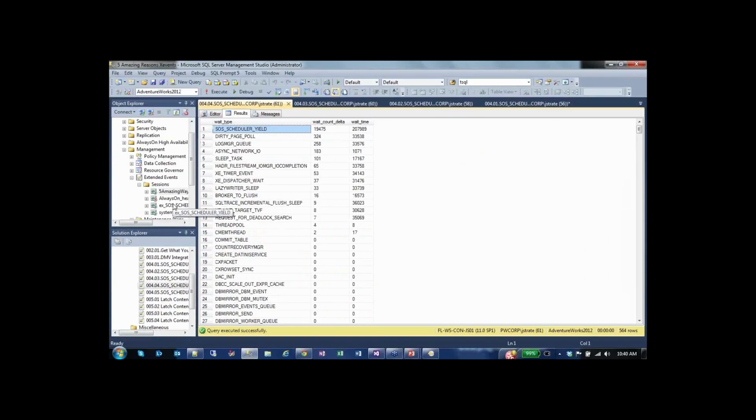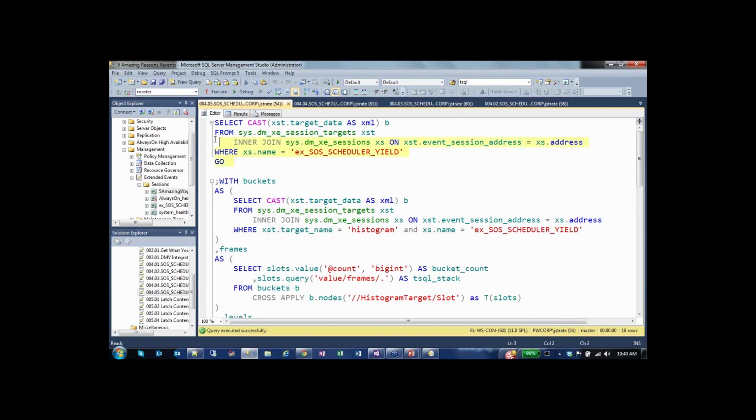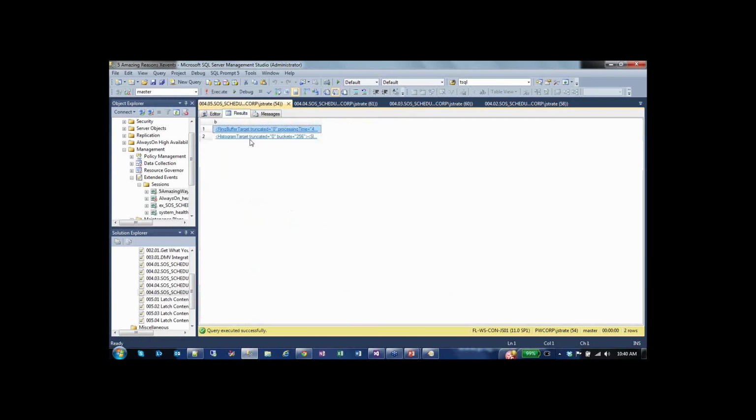Now let's find out. This is what we would typically see when we're doing wait stat analysis. We see some waits that are kind of high. Let's go figure it out. Well, we've got the wait stat session, the extended event session, created. Let's dig into it. We can dig into it this way, and we can take a look at it, and we can see